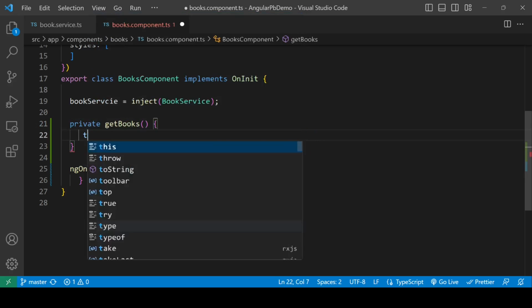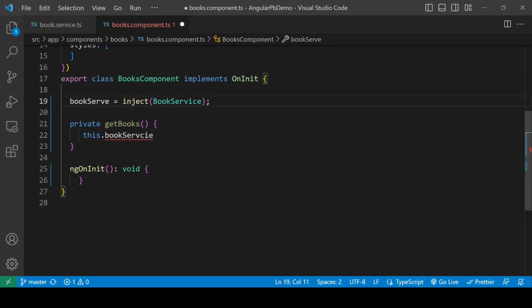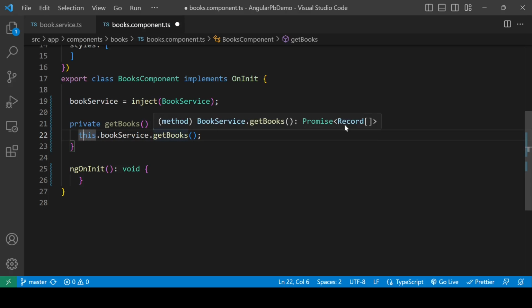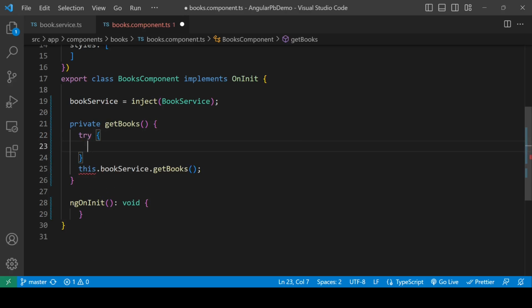So here this dot book service, oops, here is spelling mistake, book service. Okay, so this dot book service and dot get books, and because this method returns a promise, you can see here it returns promise,